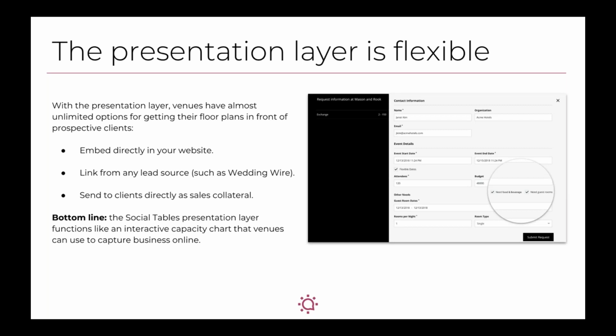So this can be embedded directly on your website. And most of the major brands have ways for handling this, whether it's linking to or embedding in. We can also link from any lead source, such as Wedding Wire. I mean, there's unlimited opportunity. Anywhere where you have a redirect to a PDF of your floor plans, something like this that's searchable and intuitive could replace that. And we've seen a pretty significant increase in outreach as a result of